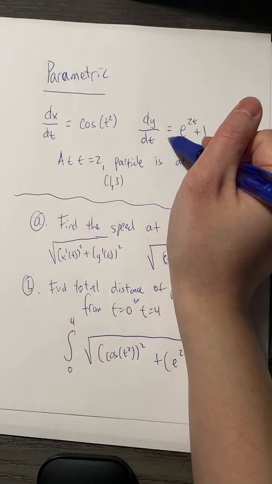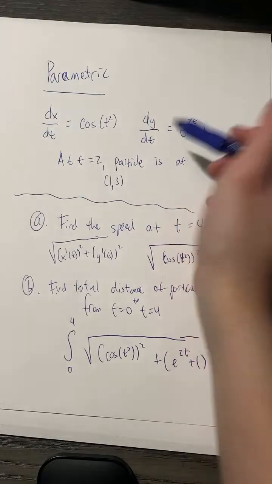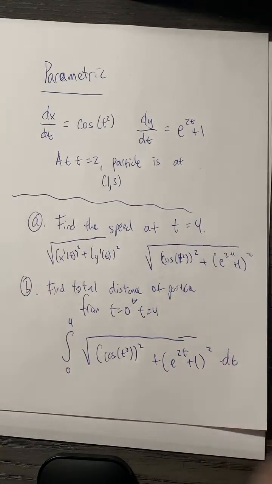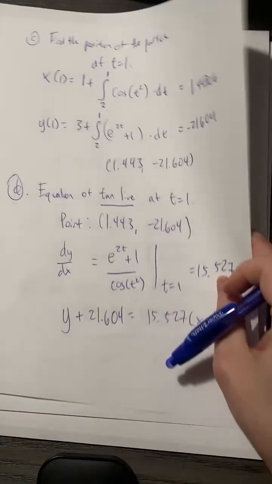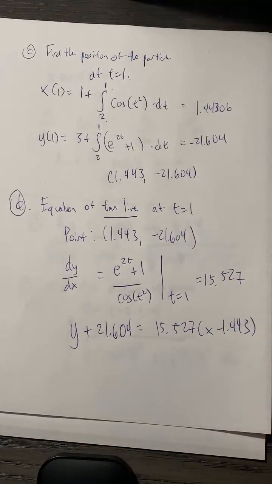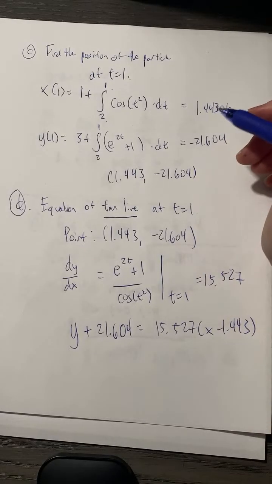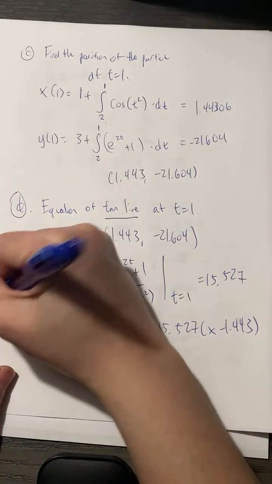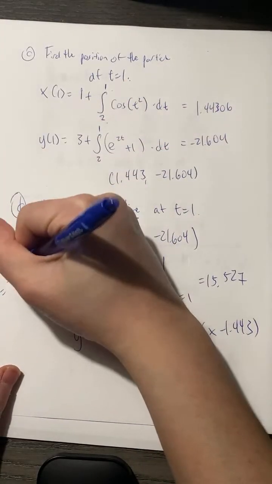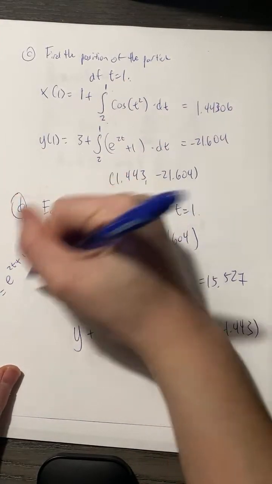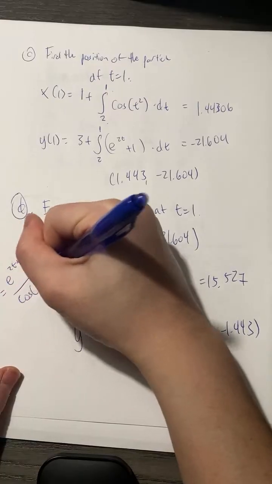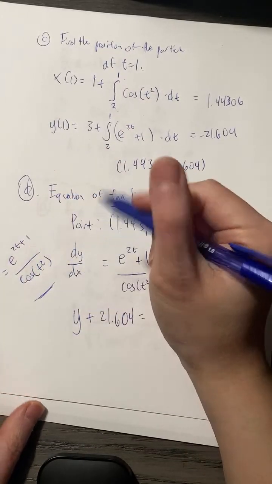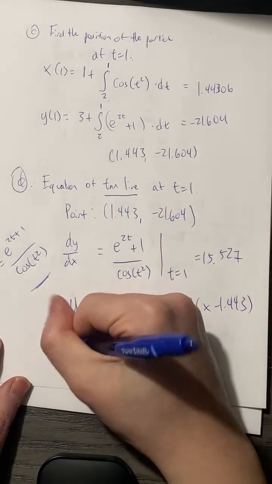And then what else did they not ask? Again, sometimes they would say, when is the speed equal to 3? Sometimes they ask where's the tangent line horizontal, where's the tangent line vertical. That would be taking this derivative. So for example, if I want to see where it's vertical, I would set, so for vertical,